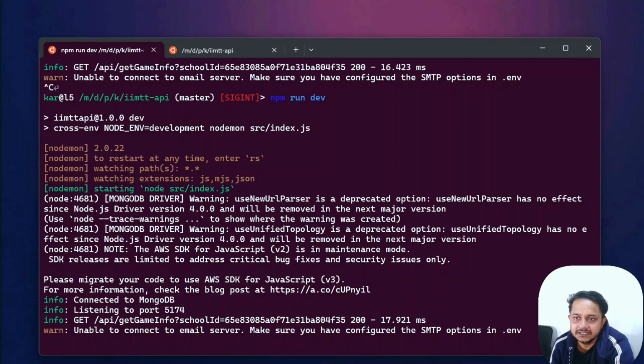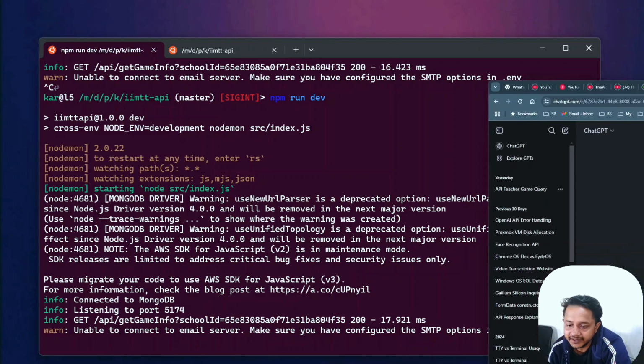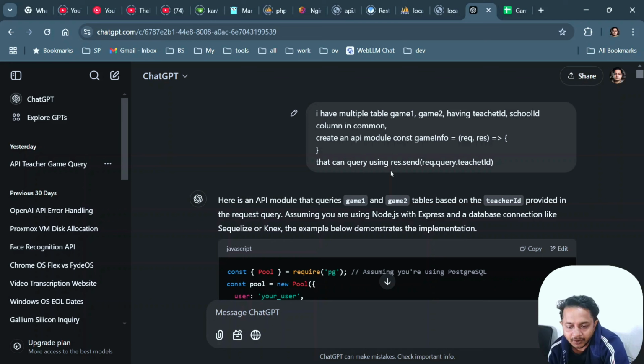Nowadays, how easy it is to work for a software company. You just ask ChatGPT or any other AI to code for you. It will do the maximum heavy lifting. Like here today, I am supposed to create a module which will serve an API. It doesn't matter if you want to do some work on the front end or you are willing to make an API. Even if you are working with game creation, all are very easy.